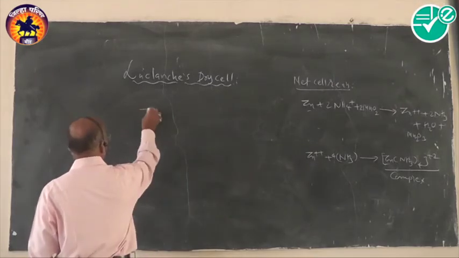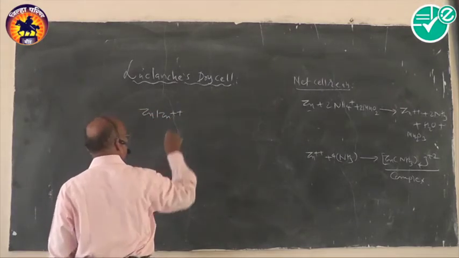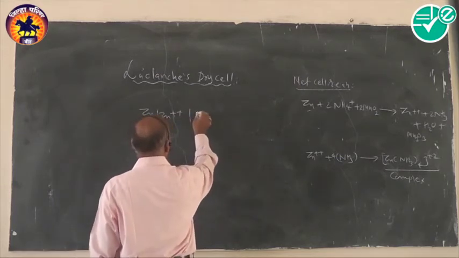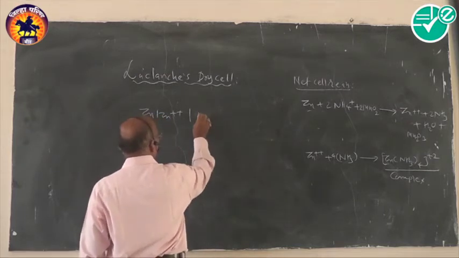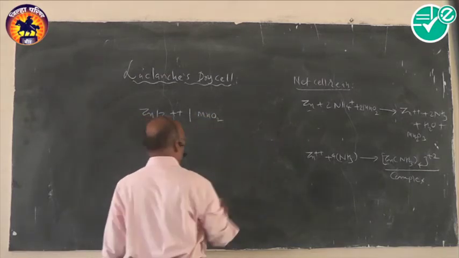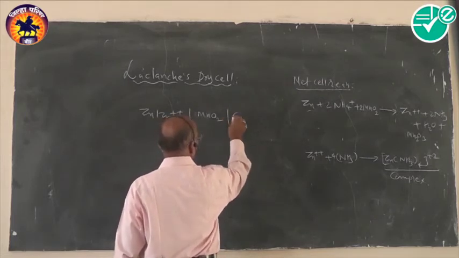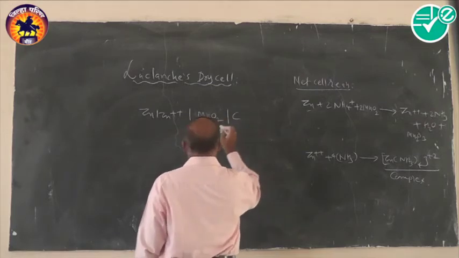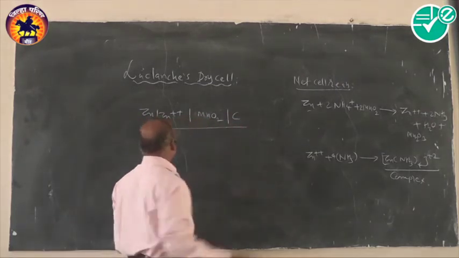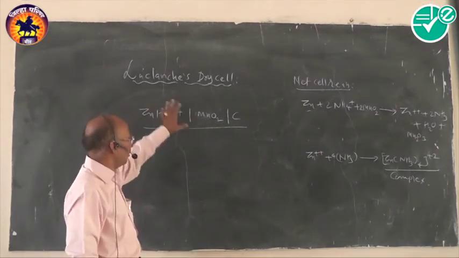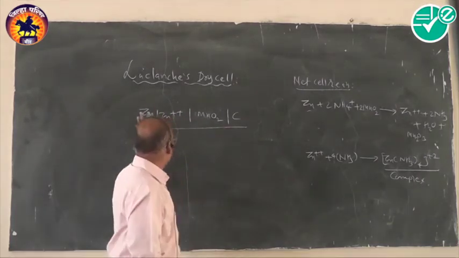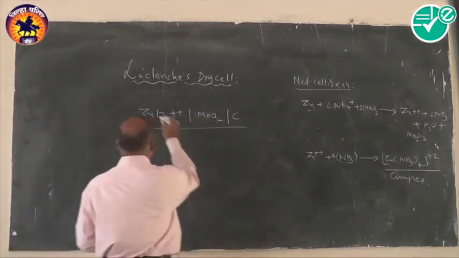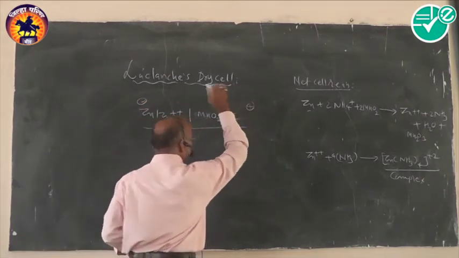At the first, anode is there, zinc plus 2, then we have the spacing of the electrolyte. We just place here particularly MnO2, then graphite, just like this. So we come across the electrode in this fashion. So whatever the electrode, we just represent here just like this. Okay, it is a representation. Negative sign is there, plus sign is there.